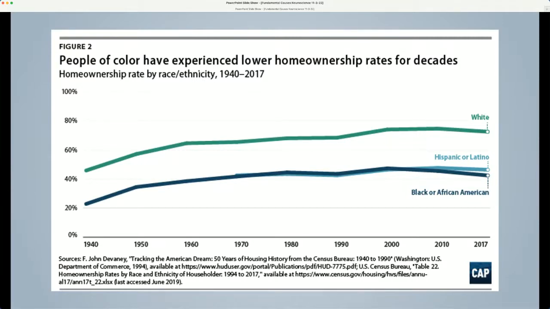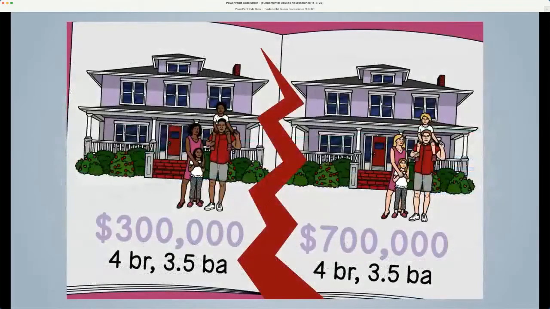So this slide illustrates how wealth is transferred and concentrated in affluent neighborhoods. The same exact house, the same floor plan, two different zip codes, and look at the difference in value. This is a daily phenomenon in this nation, the concentration of poverty and the transfer of wealth to white communities